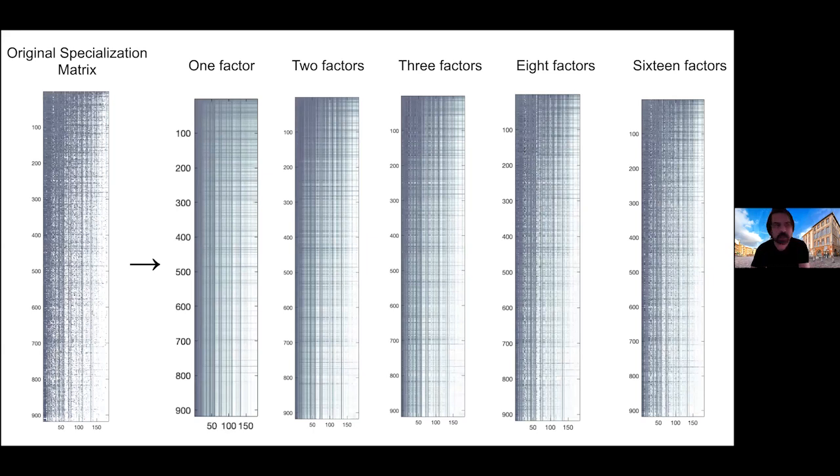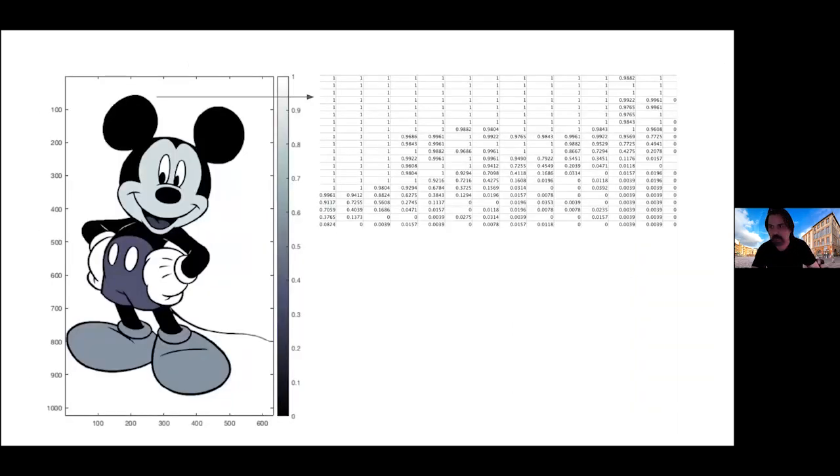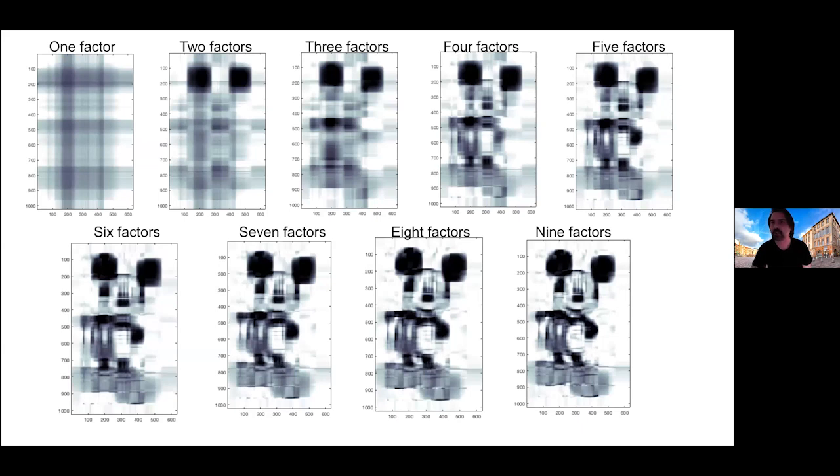Because these matrices are kind of abstract, it's hard to know. So I'm going to use as a toy example another matrix, one that looks like Mickey Mouse. Imagine you are factorizing a matrix that looks like an image, and you want to use the same technique. Well, this is how it looks when you're factorizing using one factor, 2 factors, 3 factors, 4 factors, 5 factors. So you see, you very quickly start capturing the essence of it. When you use 50 factors, of course, you're overfitting. But with 5 or 6, you have a model that already captures a lot of the variance, very accurate.